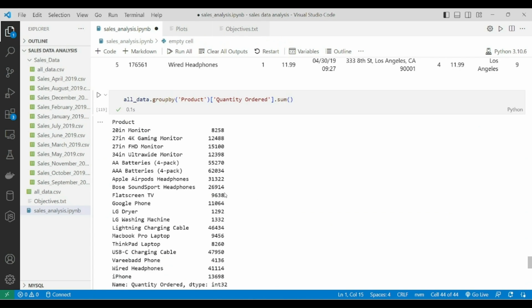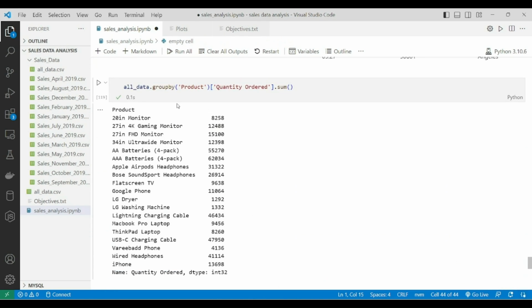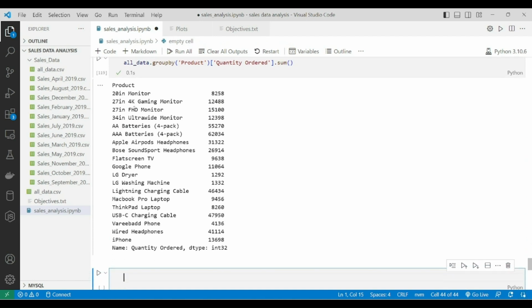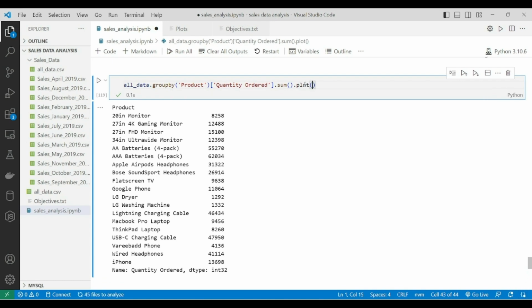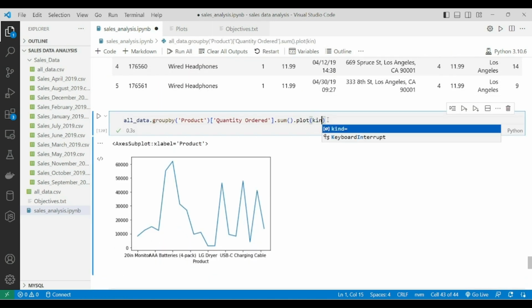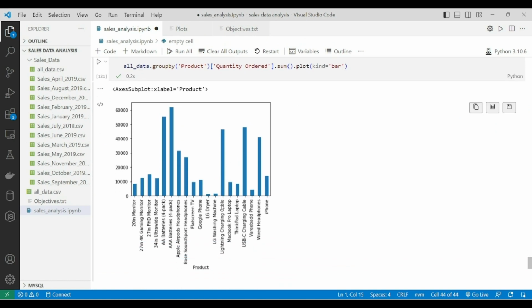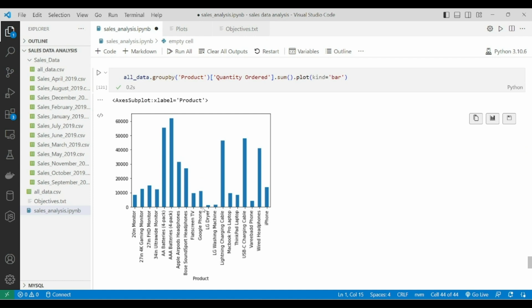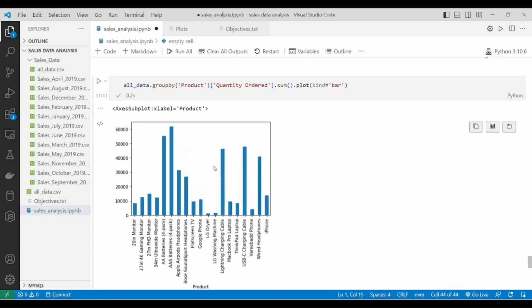Now let's see. So this is the output after applying the group by function. Now I'm going to plot this. Let's use plot, and I'm going to give it a kind, which is a bar chart. So this is our ultimate result. From this we can see that these AAA batteries, this kind of product, sold the most. After analyzing this visualization,